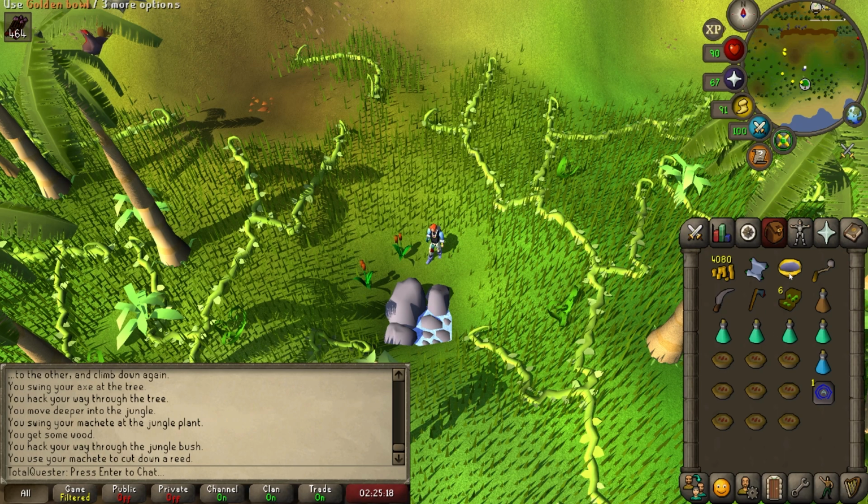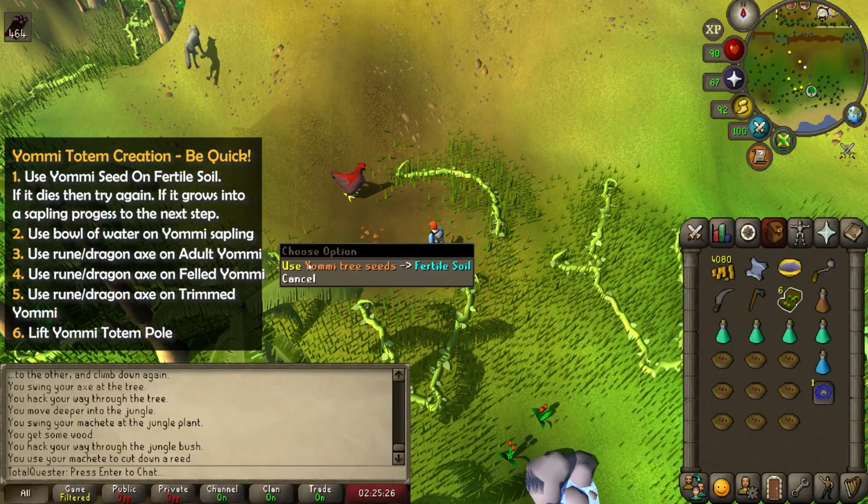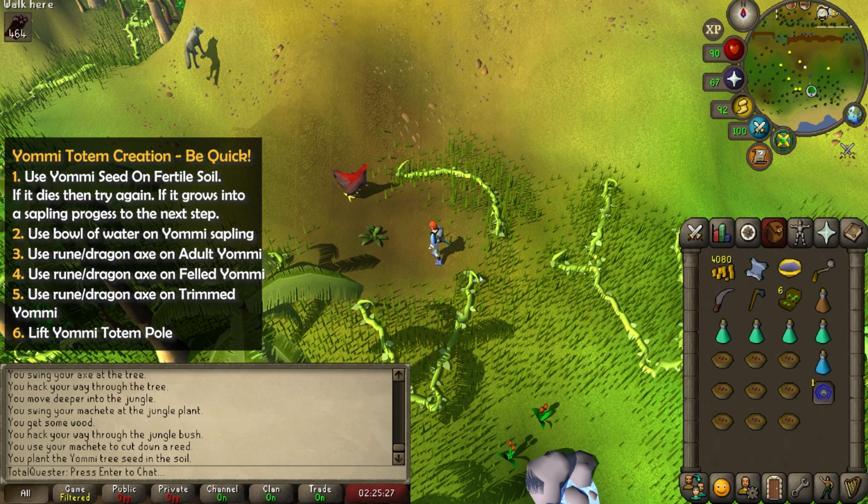Next, go a tad northwest, and I do suggest watching ahead before progressing, as the next part needs to be done quickly or else the Yommi tree wood can rot and you'll have to start over. Firstly, use your Yommi seed on the fertile soil. There is a chance that it will wither and die, or a chance that it will grow into a small shrub. If it dies, then just try again by using another seed on the fertile soil, but if it grows,